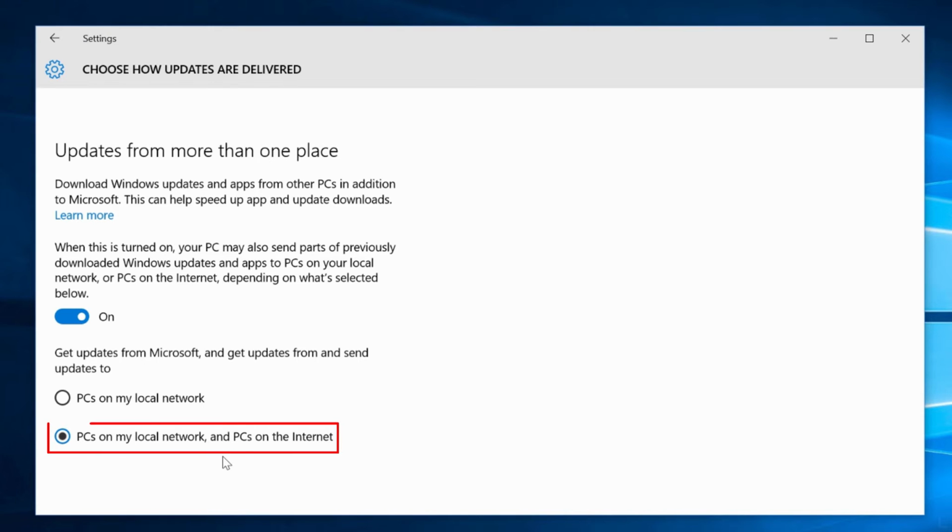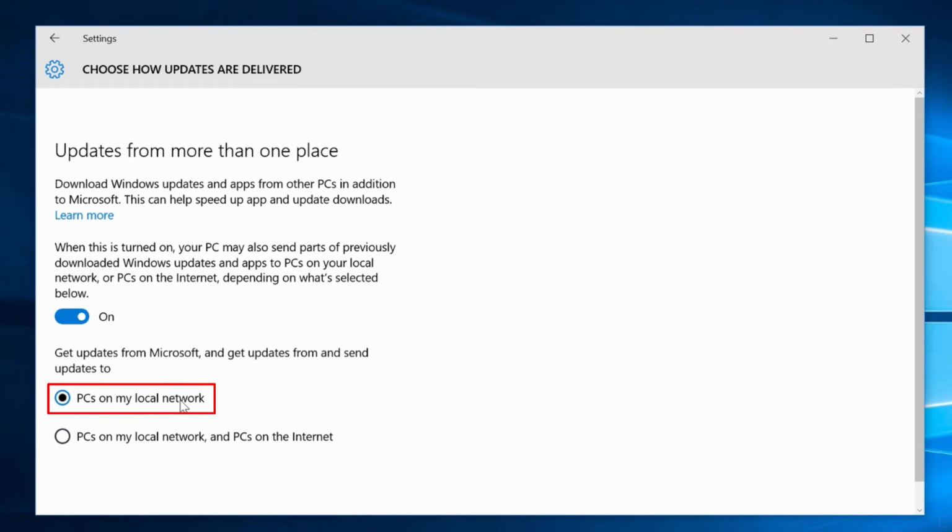The default option allows you to share updates with other PCs on your local network and the internet. You can select this option to limit sharing updates within your local network. Or turn this feature off if you don't want other people using your bandwidth to download updates.